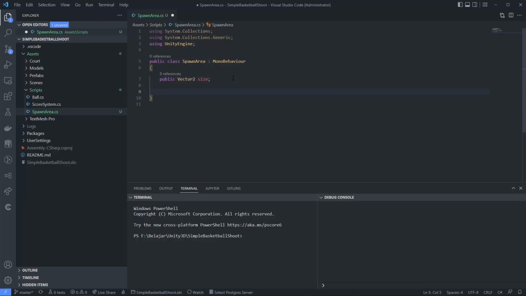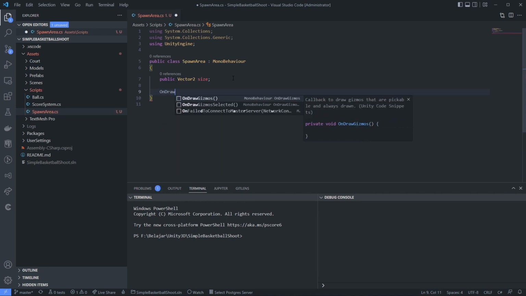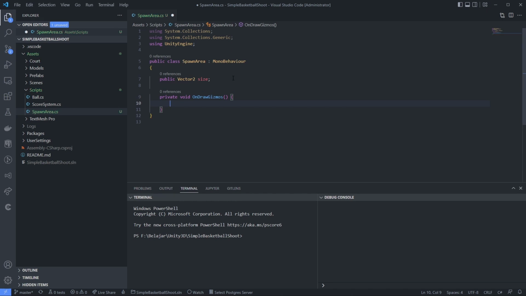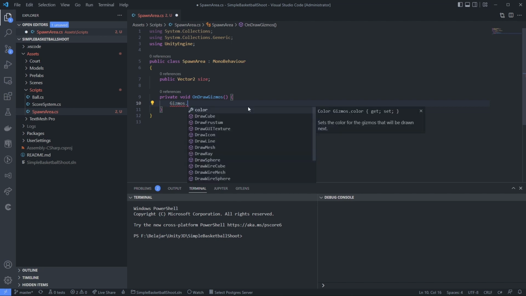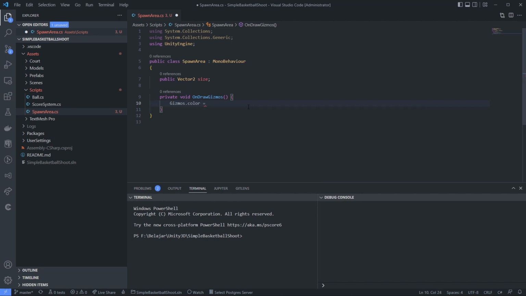In Unity, you have a built-in method named OnDrawGizmos. And here you can show the area you want. First, let's declare the gizmos color. Just type Gizmos.color equals Color.red. I will use red. And we will use the transform coordinate and combine it with the size so we can draw the border line